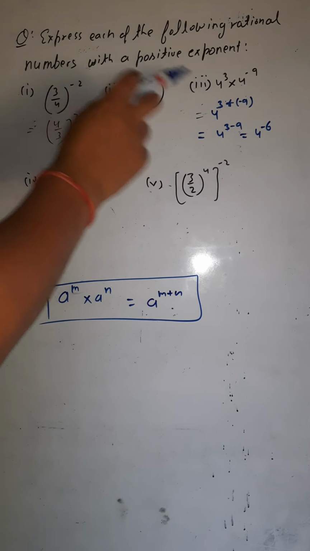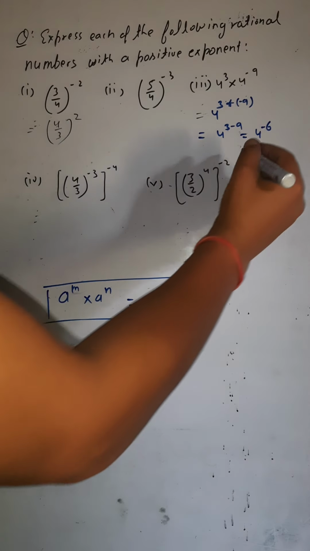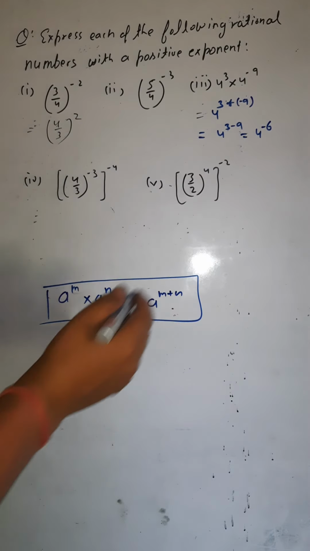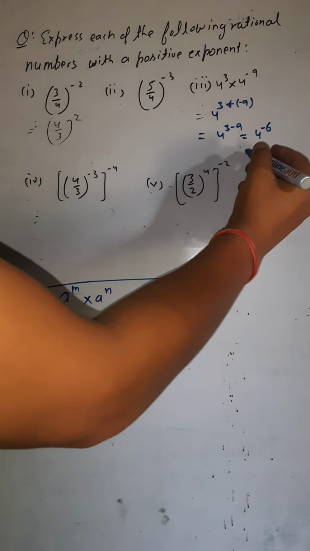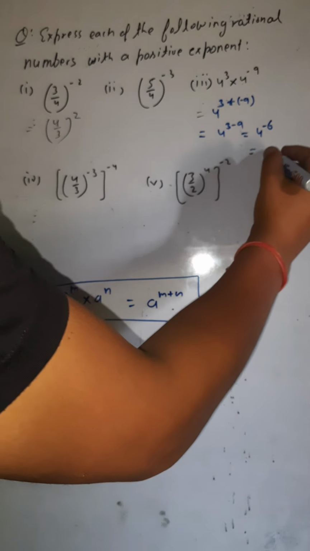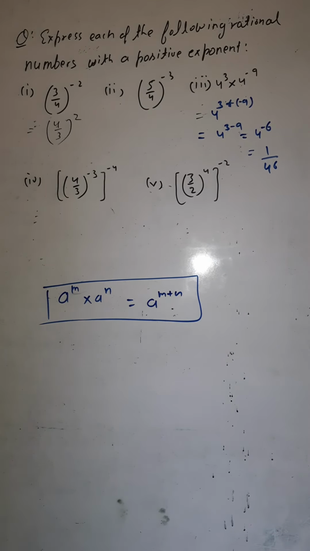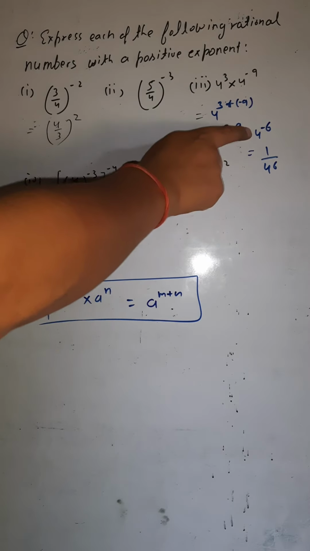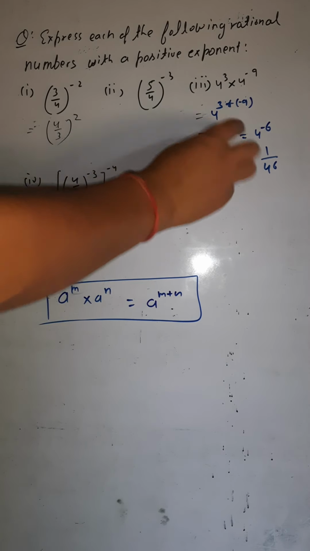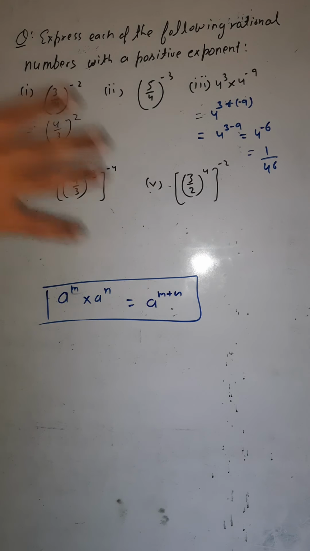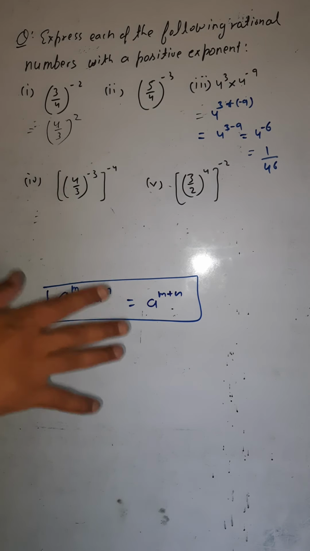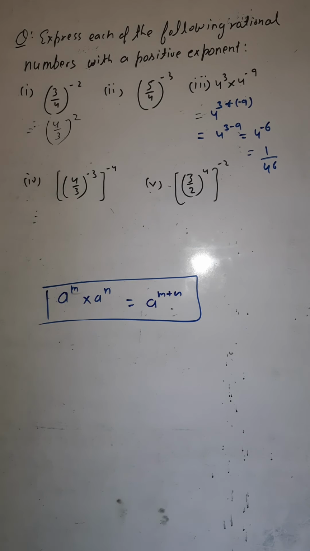But you have to change the exponent into the positive one. It is negative. So again, how would you change this into the positive one? By writing the reciprocal of this. So I would write it like that. This can be written as 1 by 4 raised to the power 6. So this would be the answer: 1 by 4 raised to the power plus 6. Earlier it was minus 6. I have changed it into 1 by, because these are based on the formulas which we discussed in the first lecture. Still not knowing, just go through the first lecture of the powers, part 1. Go through it again, then you would know about all the formulas which I am using.